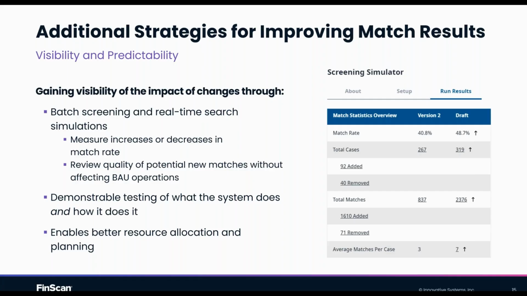But equally, the way that I've tested that is absolutely justifiable. I've got documentation of what the rule was. I've got documentation of the overall tests against real data, which produced a reduction, an increase, etc. And then I can say that is absolutely demonstrable, but equally I can enable better resource allocation. I've introduced a new list, I've changed some rules. I know there's going to be a few additional cases. There's going to be 92, like we've got on the right there, 92 additional cases added come Monday morning when we go live. I'm going to warn my team. I'm going to make sure that we've got the resource allocation available.